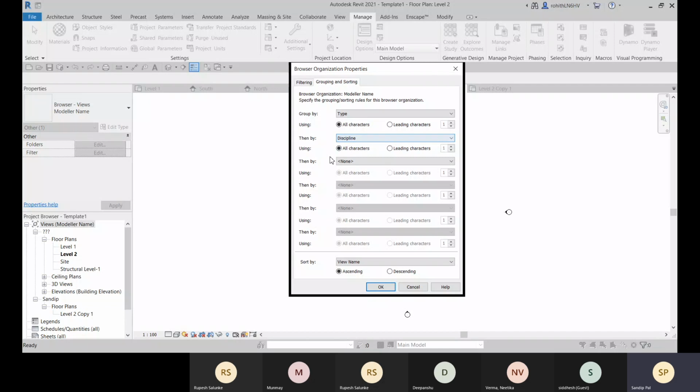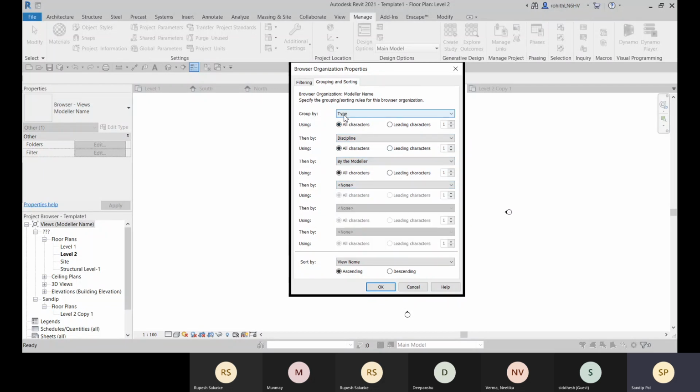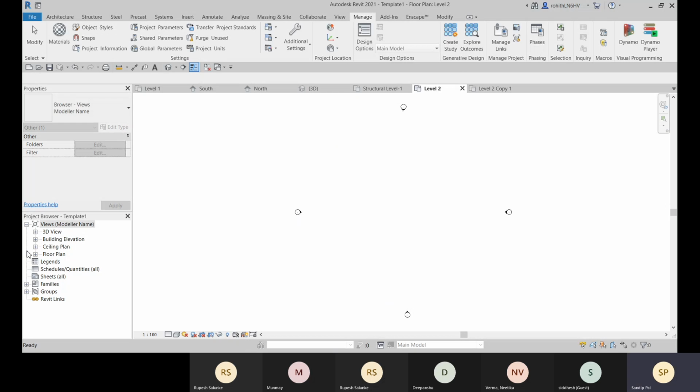Okay, go for the discipline and then by the modeler. Okay, first they will be grouped by the type, like floor plan, ceiling plan. These are the types of these views, and after that they will be sorted by discipline. Okay, and then by the modeler, so that you can define. Now let's click on OK and let's apply, and here it is.